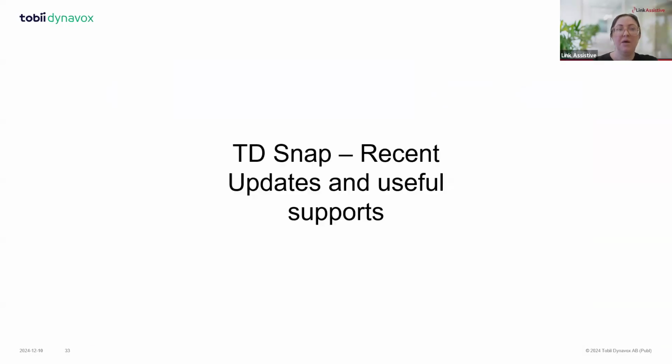Okay. So that is a brief overview of TD Snap Express. In a couple of later slides, I've got some further resources about TD Snap Express, but really it's designed to be simple, straightforward, intuitive, minimal navigation, and